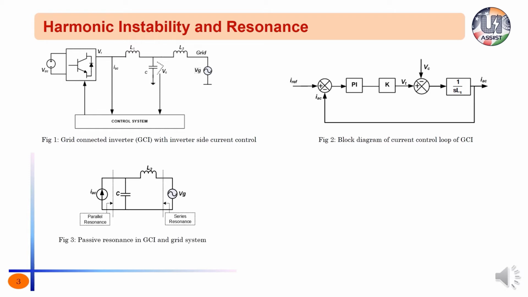Now let us represent this inverter grid system using equivalent circuit representation as shown in figure 3. Here the inverter along with its filter element L1 are represented as a current source while the rest of the circuit elements remain same. Here we have two sources. If we consider the effect of one source at a time, let's say the effect of current source is considered. So if there is any harmonic component which causes the reactances of capacitor C and L2 to be equal, then definitely circuit will resonate and it leads to parallel resonance. And same thing holds good for voltage source as well.